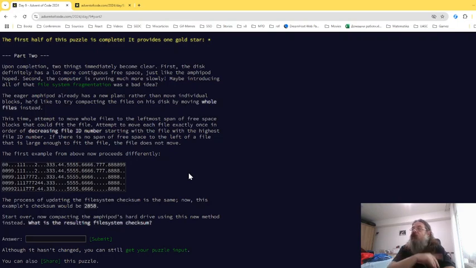Attempt to move each file exactly once in order of decreasing file ID number, starting with the file with the highest file ID number. This file does not move. Oh, now we're doing proper actual optimization. So what happens now? Yeah, we're starting with the ninth. Is there a continuous space from the